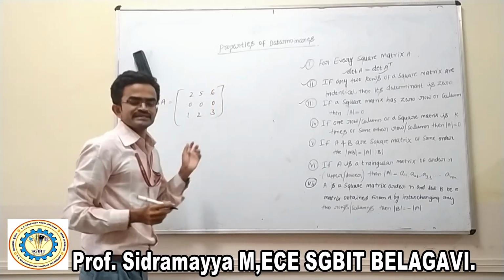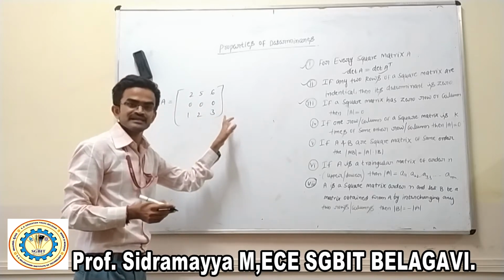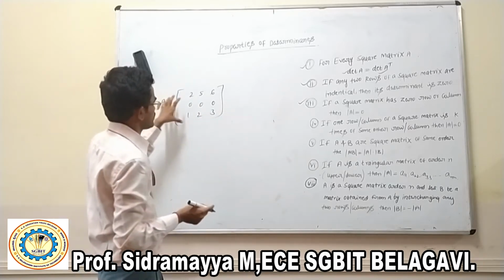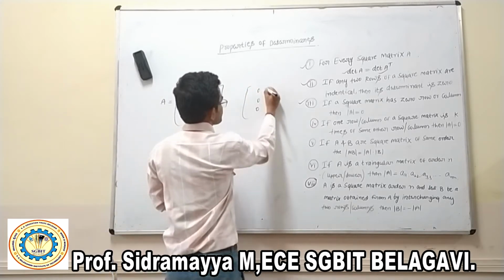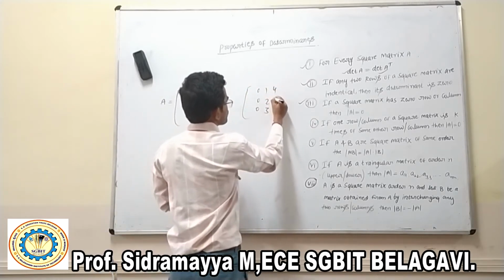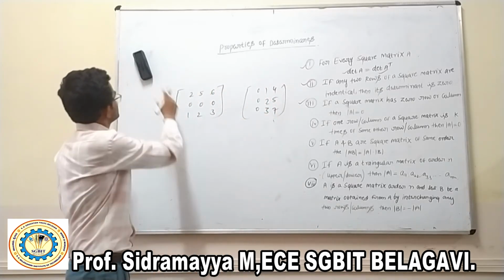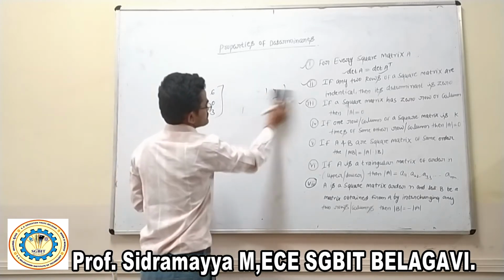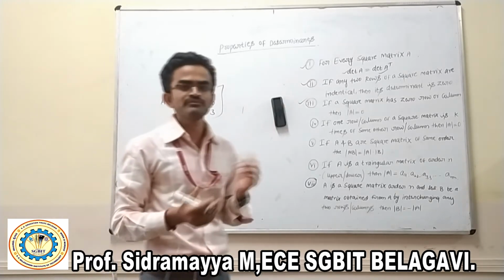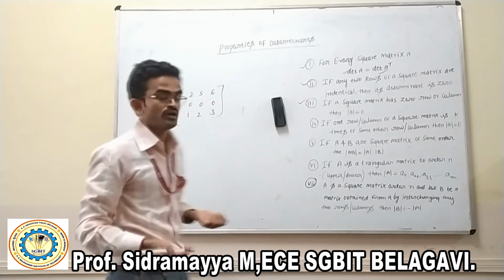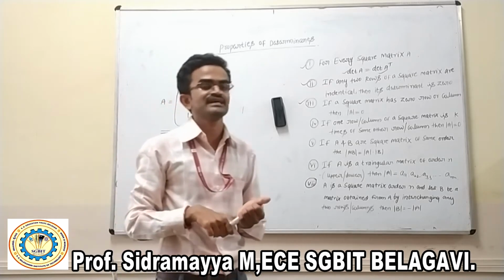See here, I consider a matrix which has a 0 row. The second row's elements are all 0. So this kind of matrix is called a 0 row matrix. Or you can consider a 0 column like this. So this is a 0 column matrix. Correct. So the property says that if a square matrix has a 0 row or a 0 column, then its determinant of A is equal to 0. Now calculate the determinant for this; you should get 0. Then only it satisfies the property.